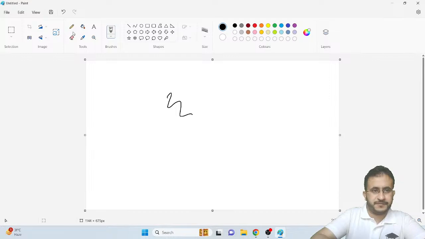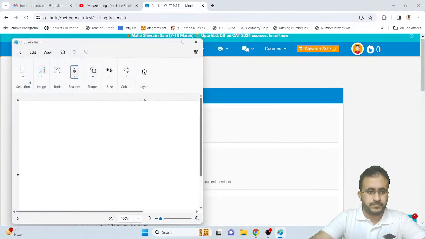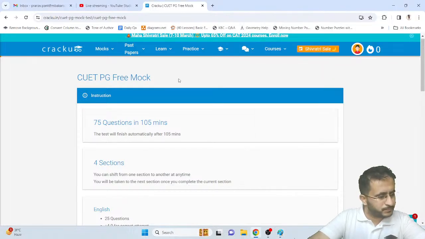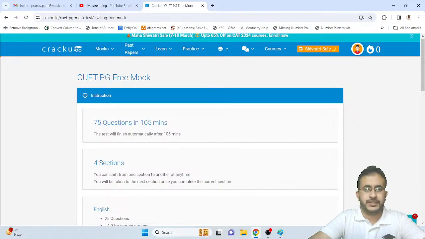So this will be my rough sheet. I'll use one of the corners. Okay, so let's start